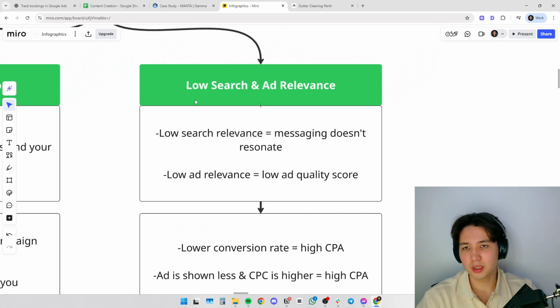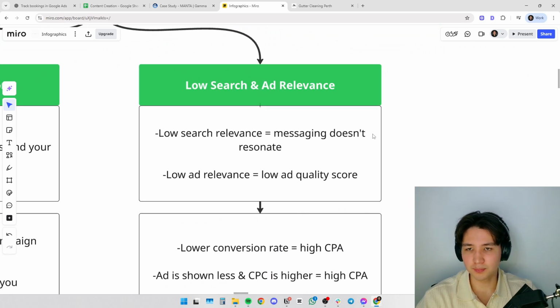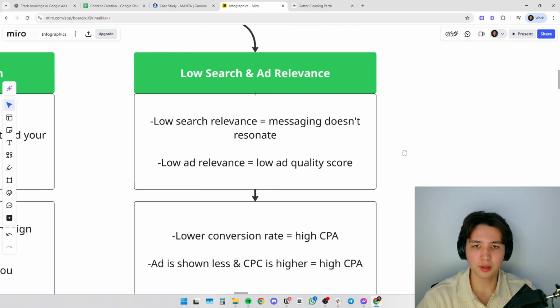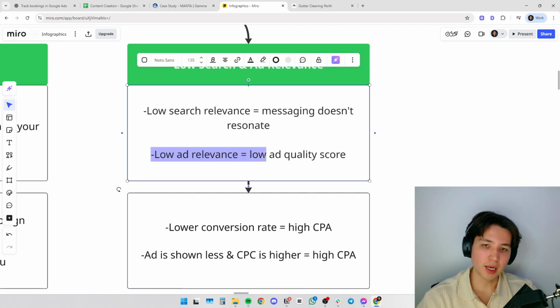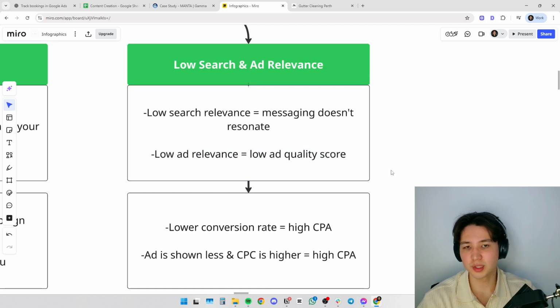The other problem is you're going to have low search and ad relevance. So low search relevance means that the messaging doesn't resonate with the searcher. So if somebody searches for what you're offering and your messaging doesn't resonate with them, you're going to have low search relevance, which is obviously not good. And low ad relevance, which means you're going to have a lower ad quality score. So Google is going to think your ad isn't relevant, which lowers your ad quality score, which is not good